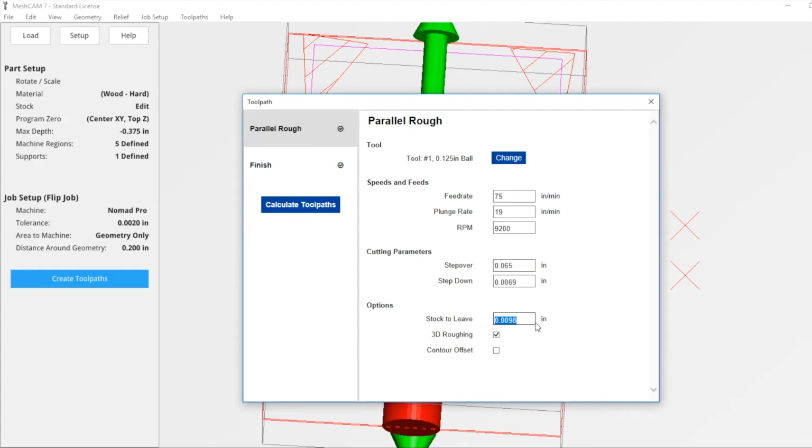Lastly, there is the options section. Stock to leave determines how much stock is left over before your finishing passes. Less stock to leave means less time spent finishing, but going too far may have negative results in your final piece. 3D roughing removes excess material that would be too difficult for the machine to cut in one go during your finishing step, while contour offset follows the shape of your design with each pass, rather than using parallel lines along the x-axis to cut out your shape. As a general rule, contour offset will take longer to calculate than the standard method,